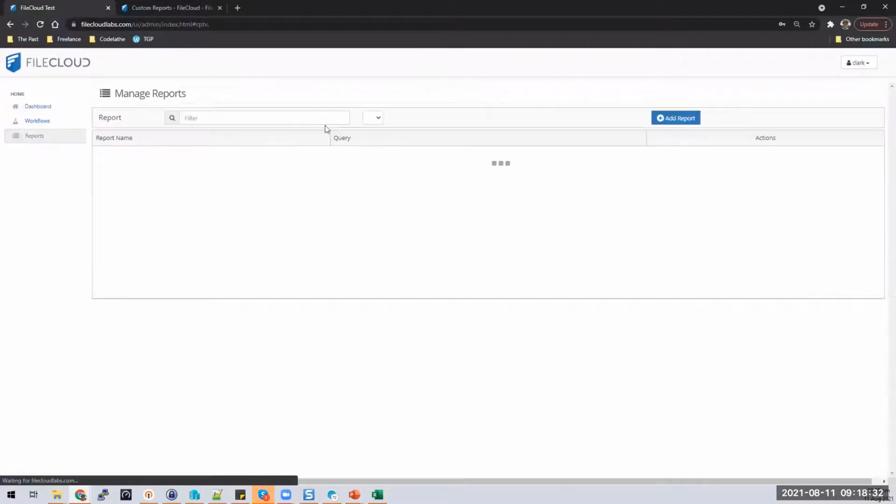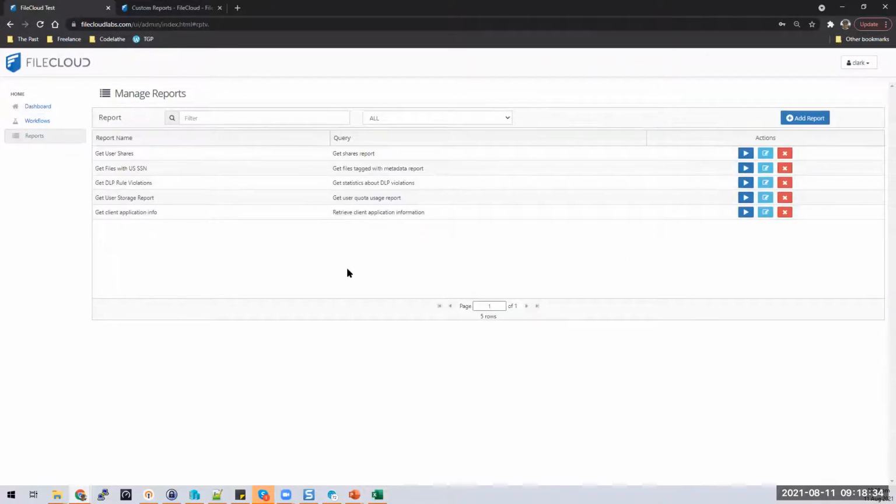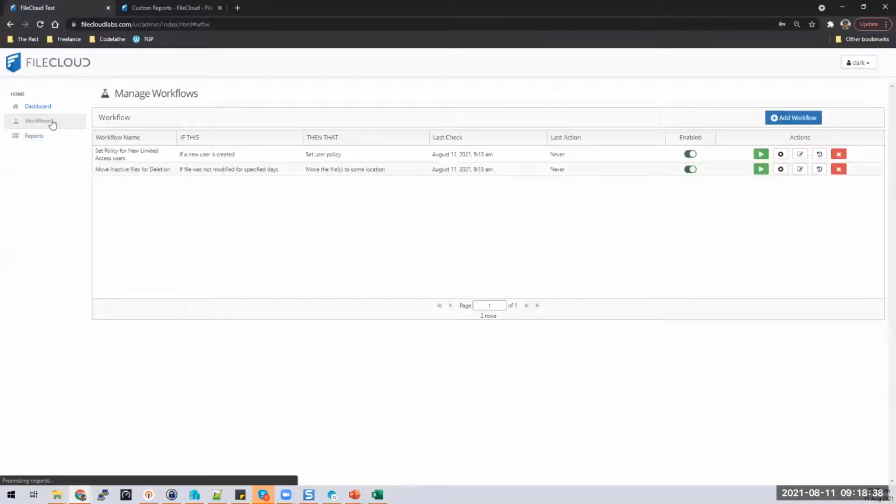And from here, I've shown you reports and some of the functions for reports. I've shown you how to create one, just a basic creation of the report. Now let's go into workflow. So what can you do in the workflow page? Like I said earlier, in FileCloud, the existing workflow function that we have is basically a set